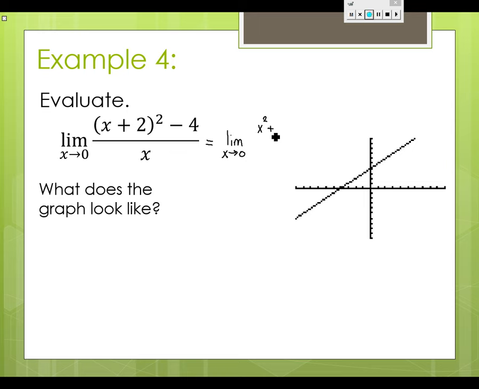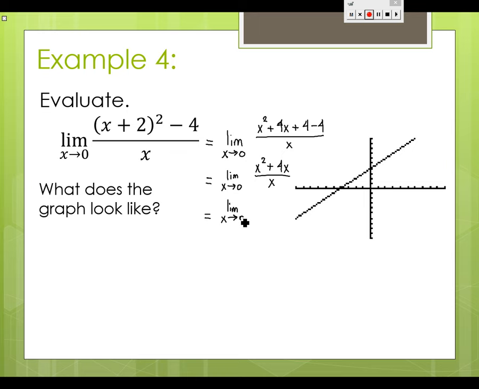I mean, this is just a rational function that you might have studied in pre-calculus. And what do we call x equals 0? What's going on there? 4x. What do we call x equals 0 for this graph? So what do we get? Yeah, x squared plus 4x over x,